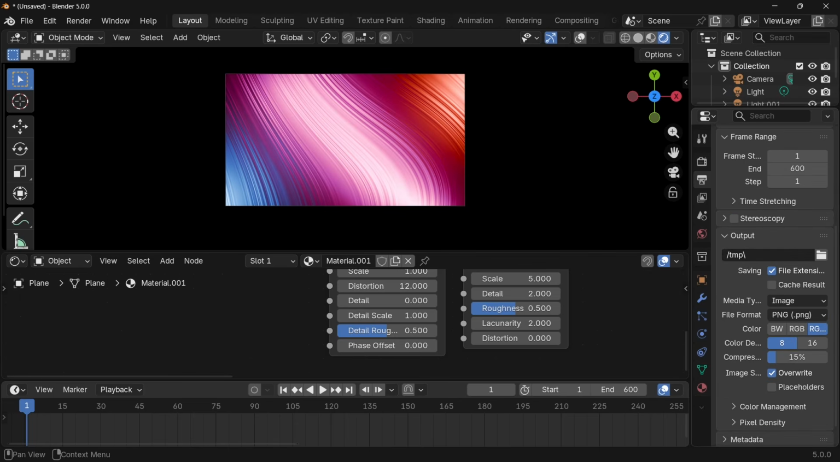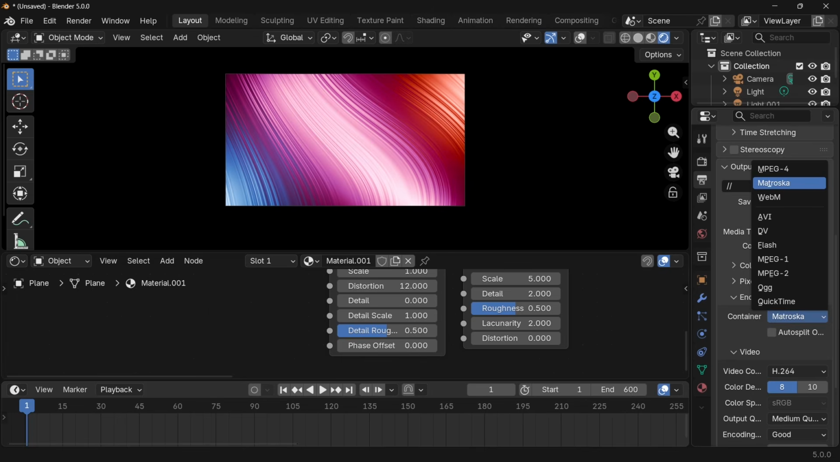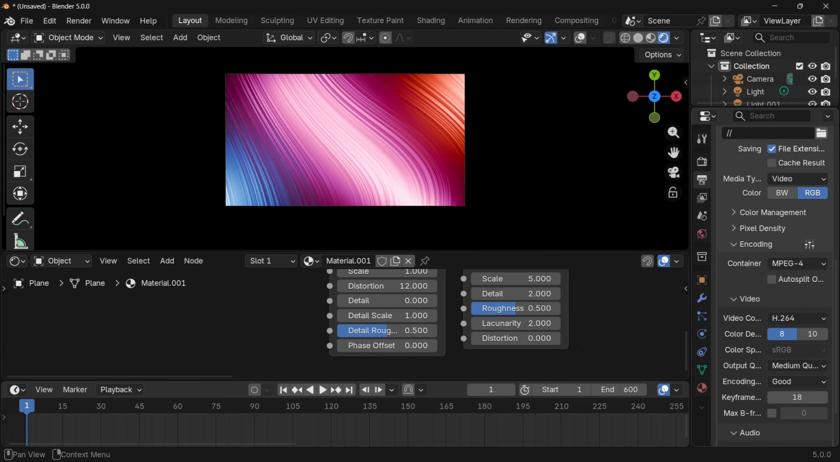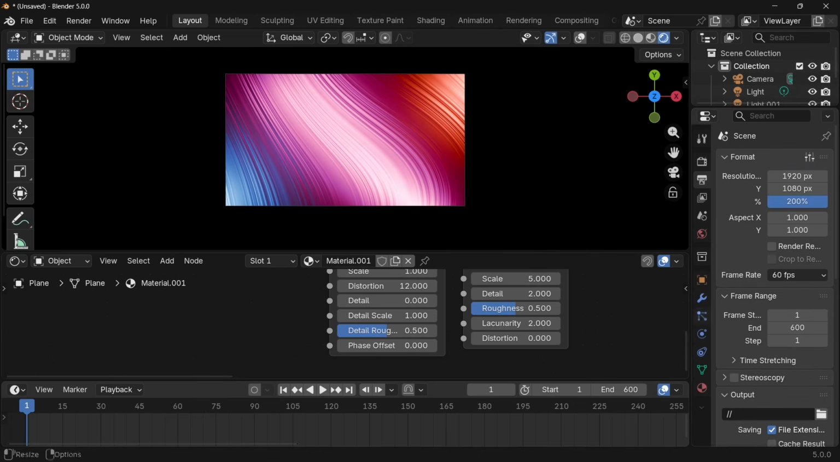And while we're at it, we'll set the output location to be the same file location wherever you save this particular file. So be sure to save it and then go ahead and change the media type to video. And for the encoding, you can change the container from Matroska to MPEG-4 and an output quality from medium quality to perceptually lossless. Once you have all of that set, you can go ahead and go back to frame 0